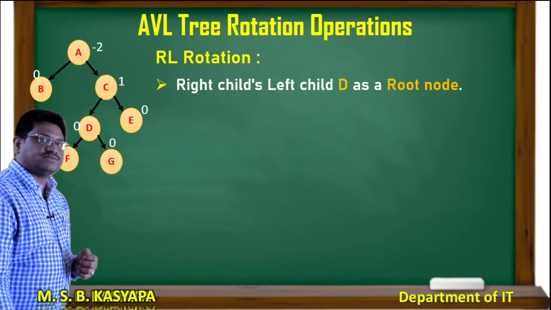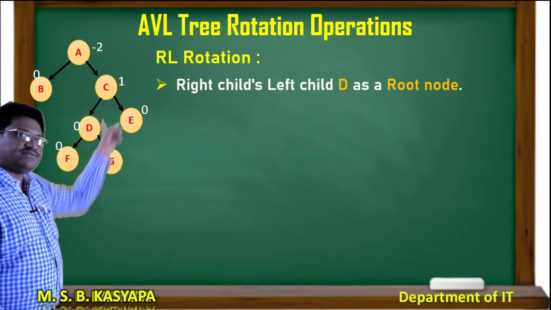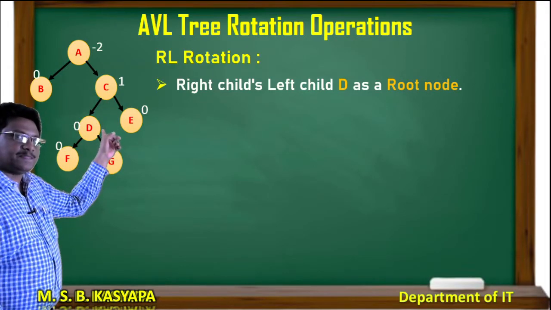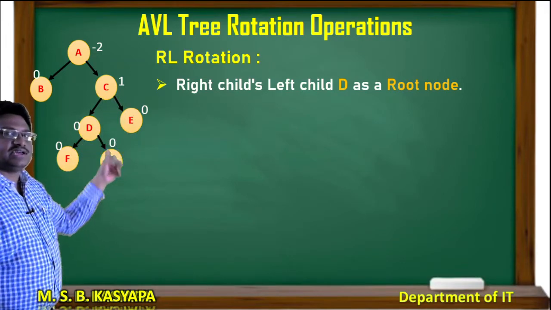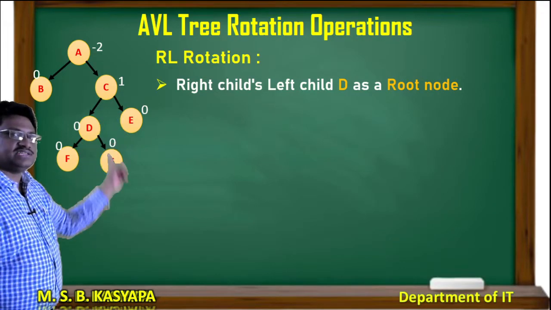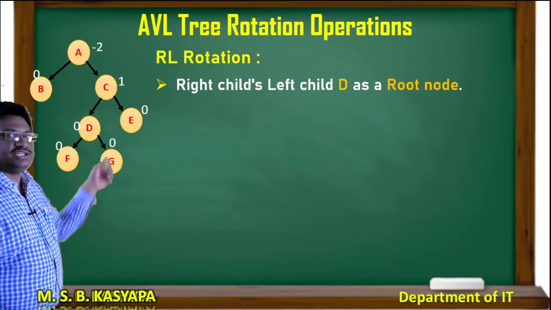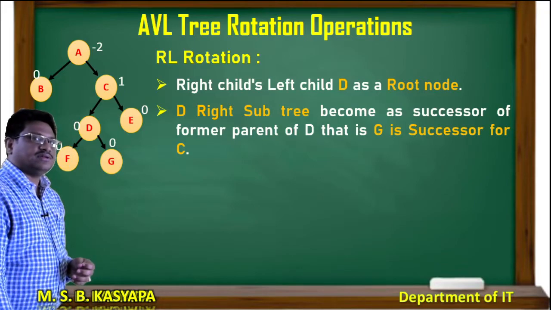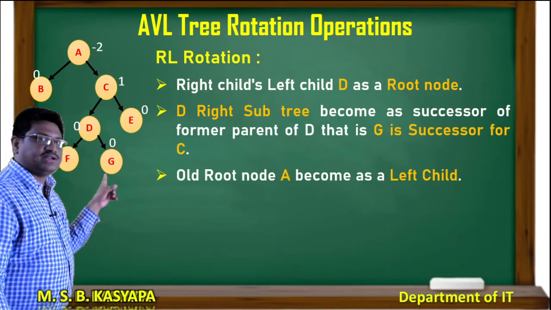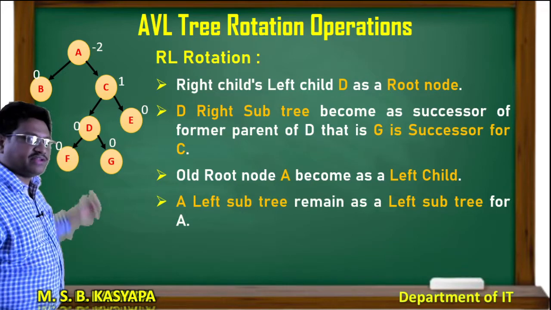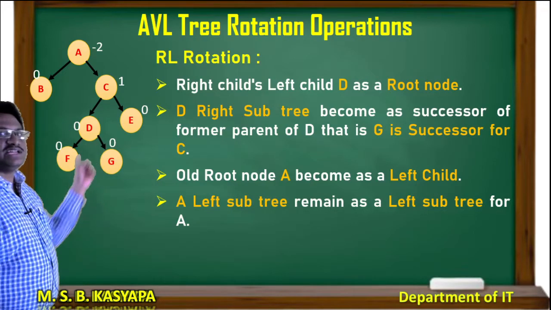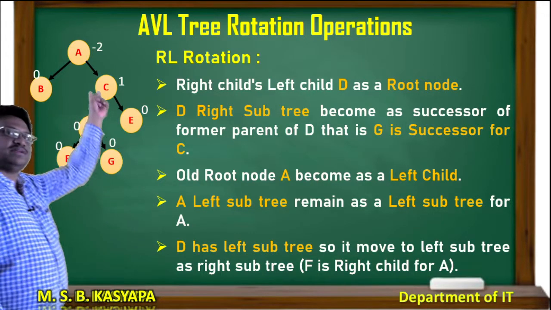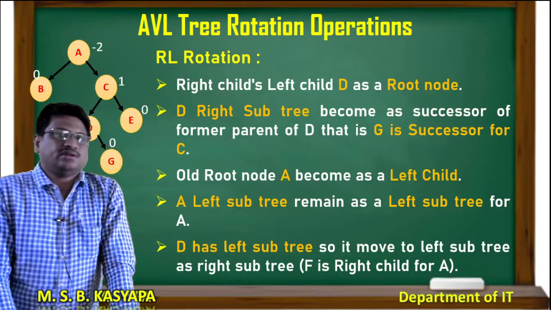So, what is the first one? First left, first right and left. So, this element will become the root node D. Now, this will remain as a left subtree, C and D. If it has any left child, that is G, G is linked with the C. Okay. Now, a root node will become a left child. If it has any left child, it becomes the same left subtree, and if it has any left subtree, it is moved to the right subtree. So, F is moved to the right subtree of A.